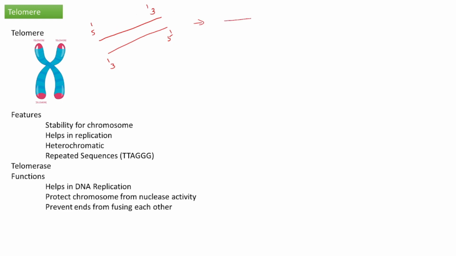First I'm going to draw this strand 5' to 3', this parent strand, and corresponding to that strand a daughter strand is forming, and this strand 3' to 5', and corresponding to that a daughter strand is formed. These are the two daughter DNA formed after the first round of DNA replication. And I am going to explain the role of telomerase by considering this daughter DNA strand. First, I need to start with how the DNA replication is initiating.